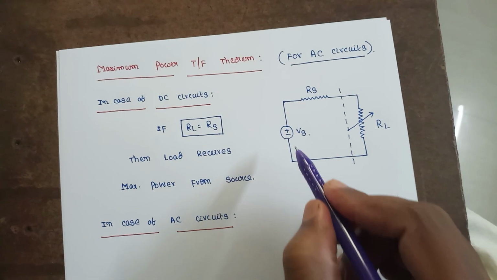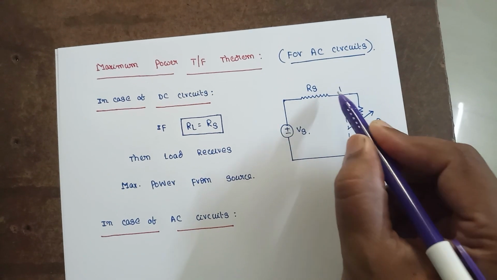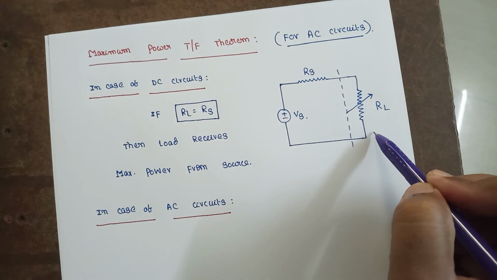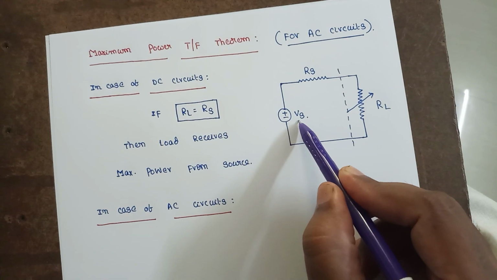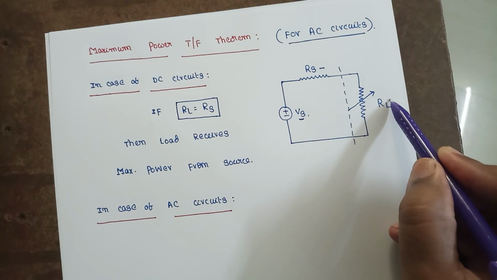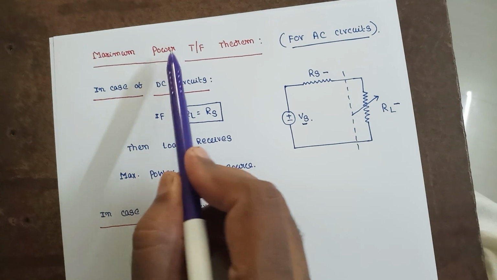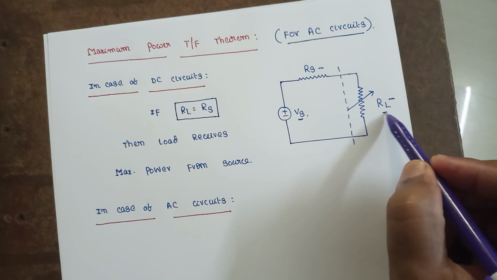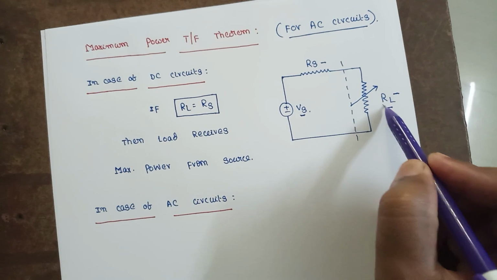A DC circuit consists of a source with its internal resistance, connected in series with a load resistance. So the components in that DC circuit are the source voltage, the source resistance, and a load resistance. Now, as per our statement, the maximum power transfer theorem for this resistance is available when this load resistance is